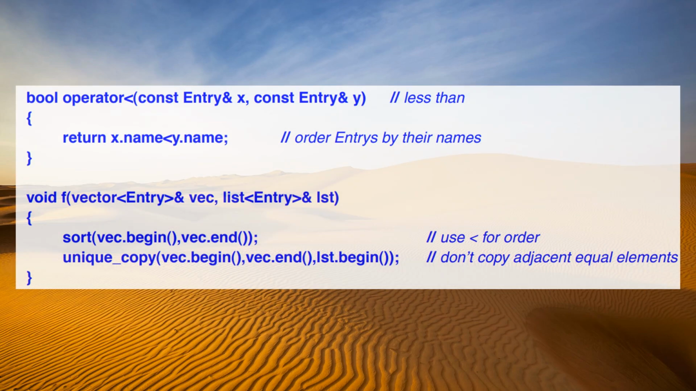bool operator<(const Entry& x, const Entry& y) // less than { return x.name < y.name; // order Entries by their names } void f(vector<Entry>& vec, list<Entry>& lst) { sort(vec.begin(), vec.end()); // use < for order unique_copy(vec.begin(), vec.end(), lst.begin()); // don't copy adjacent equal elements }